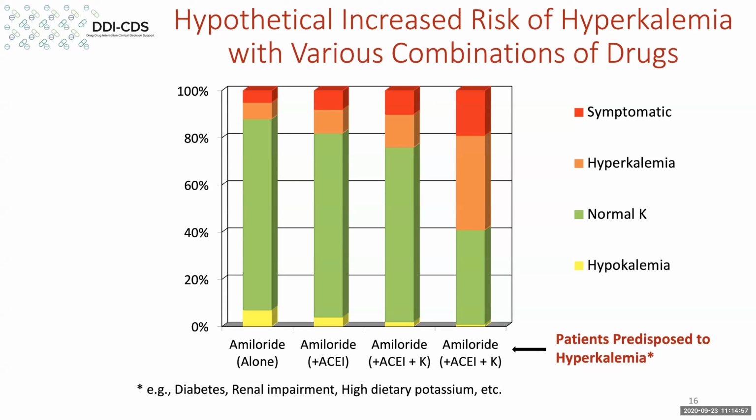And so just to get an idea, because these things tend to be additive and probably maybe more than additive because they're working by different mechanisms, we see that the risk or the incidence of symptomatic hyperkalemia increases, the absolute potassium values will increase, and the numbers of patients who have normal potassium or hypokalemia declines as we get more and more of these drugs that produce hyperkalemia themselves and therefore combined increase the risk. Let's go on to the next slide.